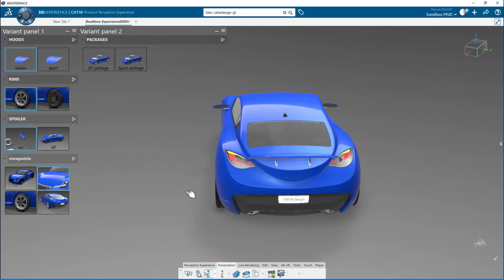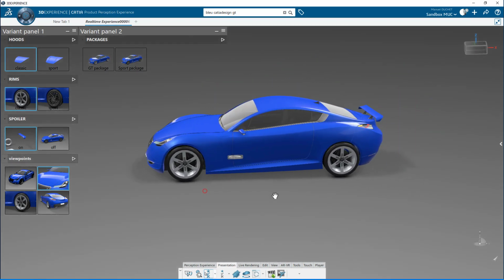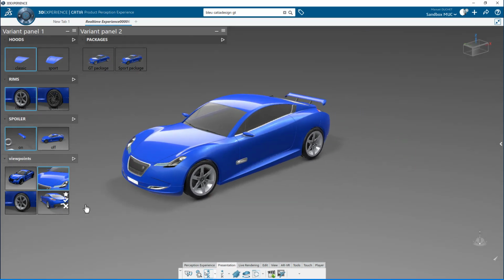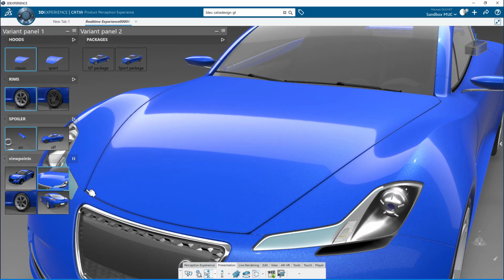Another way of having an automatic presentation mode is to use the slideshow command of each variant line. There is a little play button. If I click the play button of the viewpoint variant line, we go through all the viewpoints.